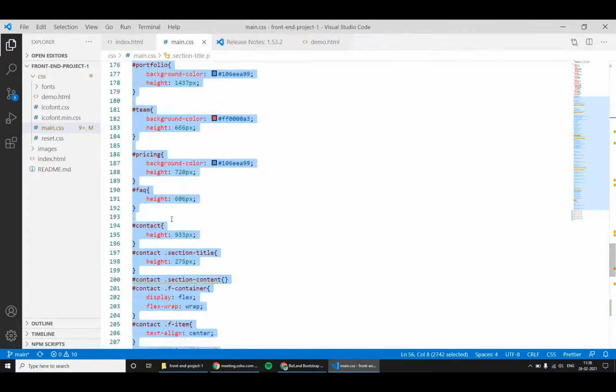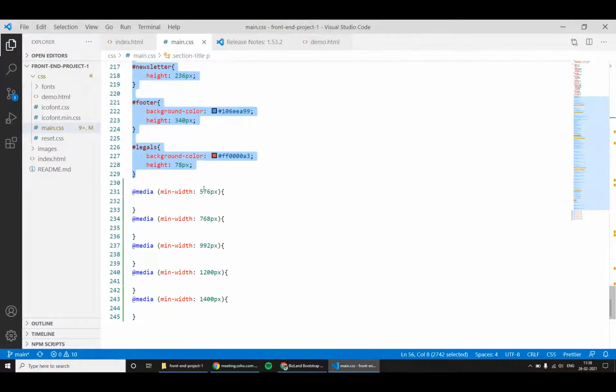After 576, what are all the changes that you want, those styles will be applied here. If you don't want to make a change for one particular element after 576, then you don't need to write